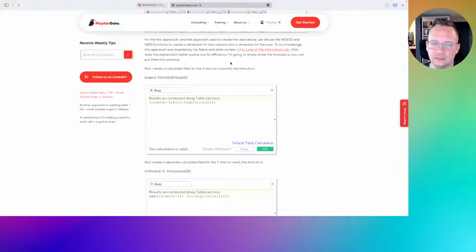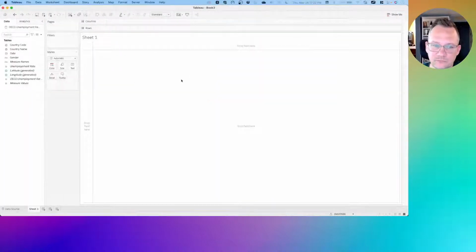So, just like many other chart types and techniques and tips and tricks in Tableau, there are a number of different things to follow, right? There's always multiple ways of doing the same thing. So what we're going to do is copy this calculation, go back into Tableau, and this is our columns